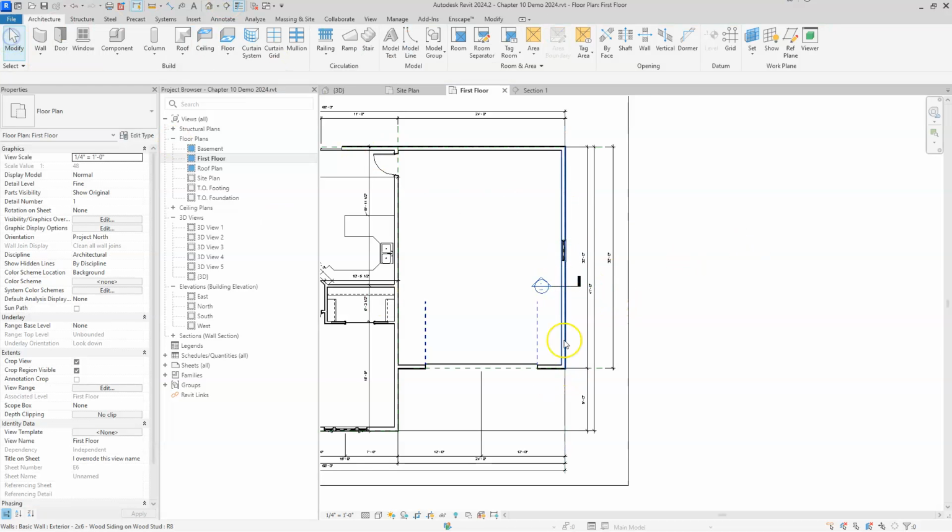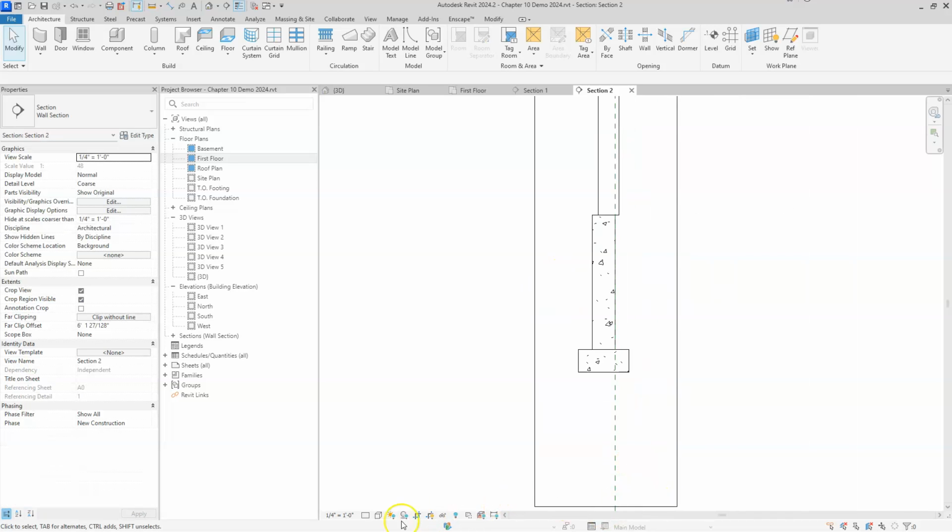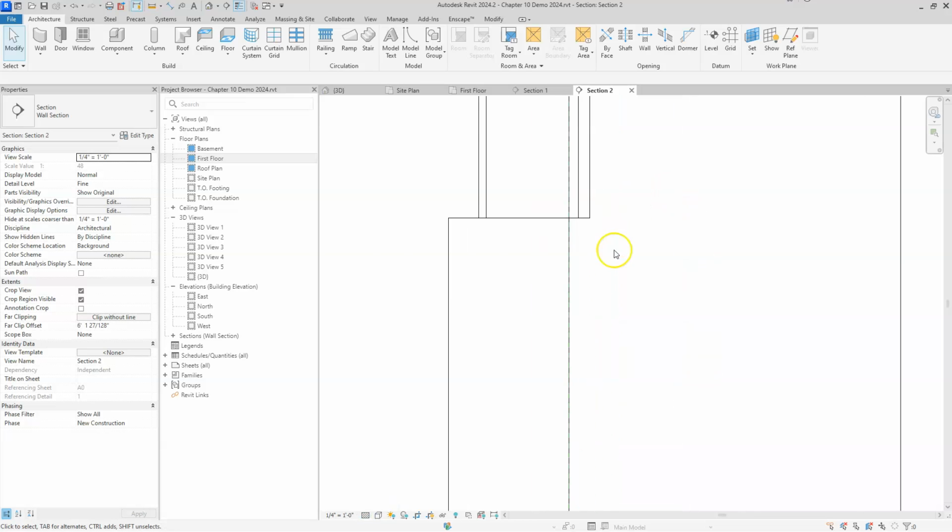And these are just temporary sections. We're going to delete these when we're done. Okay, and we'll go ahead and change this to a fine detail level also. Here it is, that foundation wall coming down, or that main wall coming down and sitting on the foundation at